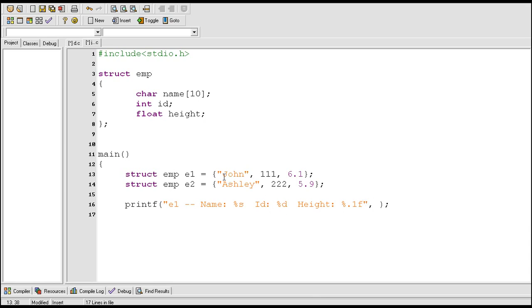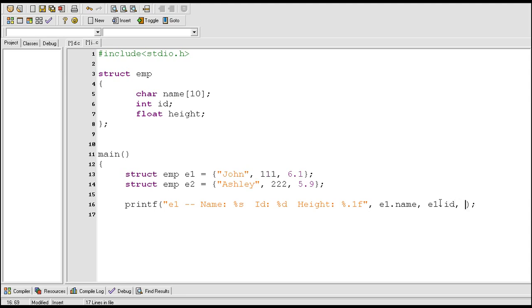Now to print these details like name, ID or height, simply use the structure variable. Now the structure variable here is E1, so E1 dot name of the member. The name of the member here is name, so e1.name should print John. e1.id should print 111,